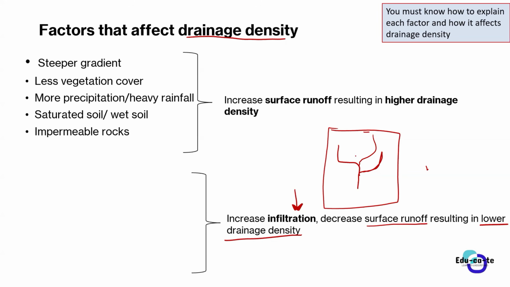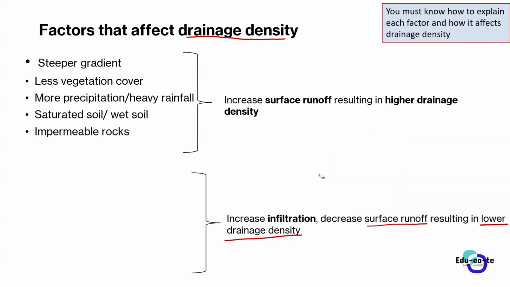There is less surface runoff. There is less water flowing over the land. So it means that more of the water is infiltrating. You kind of get the sense, guys, of the opposite between infiltration and surface runoff, how they relate to one another. Do you get the sense? Yes, guys. So please make sure that whenever we mention more infiltration, there is less surface runoff.